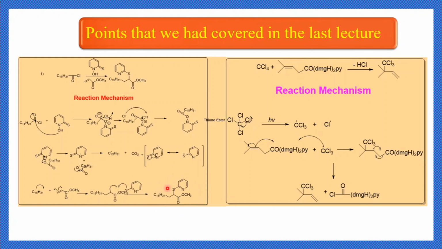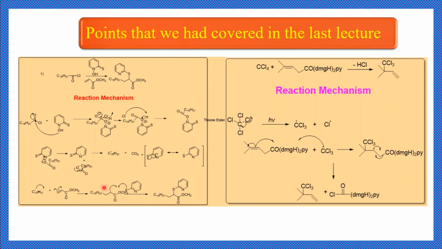So this is the product, and this is what we had learned in the last lecture: the generation of alkyl radical via thiol donor. It is a useful synthetic method for the formation of alkyl radical in which the radical is trapped by thiocarbonyl group, and this method was developed by Barton. In this method, the acid chloride is treated with N-hydroxypyridine thione to get the corresponding thione ester. Then that thione ester undergoes homolysis, and it generates alkyl radical. Then the alkyl radical adds to the carbon-carbon double bond, and you will get this final product.